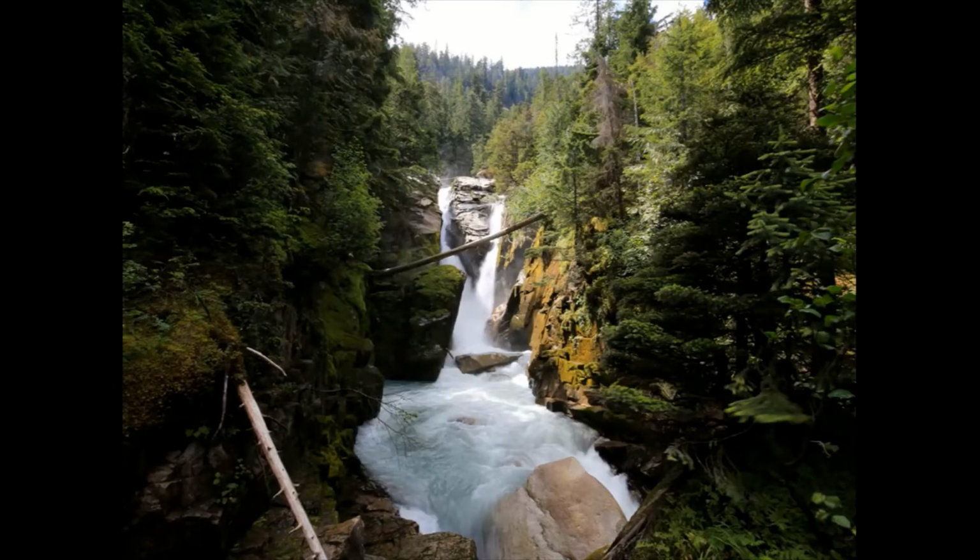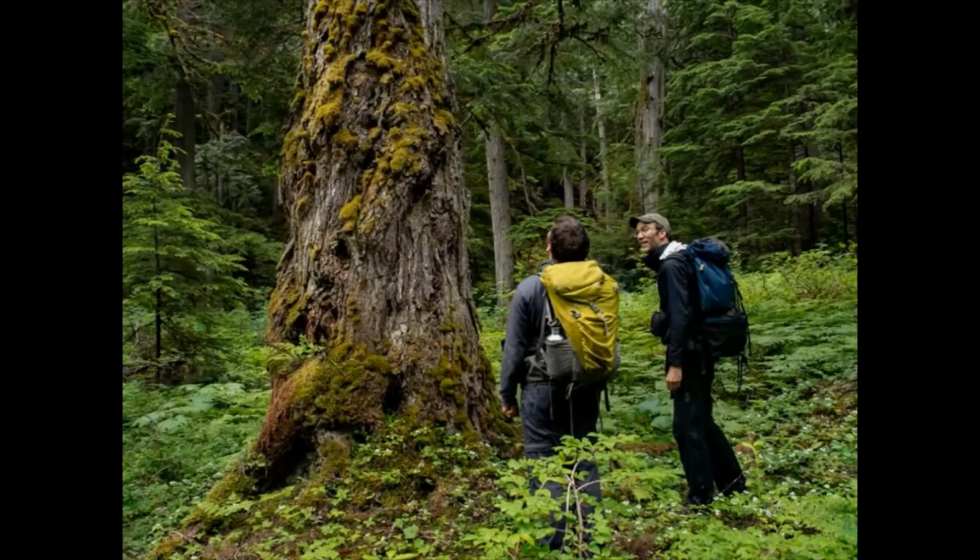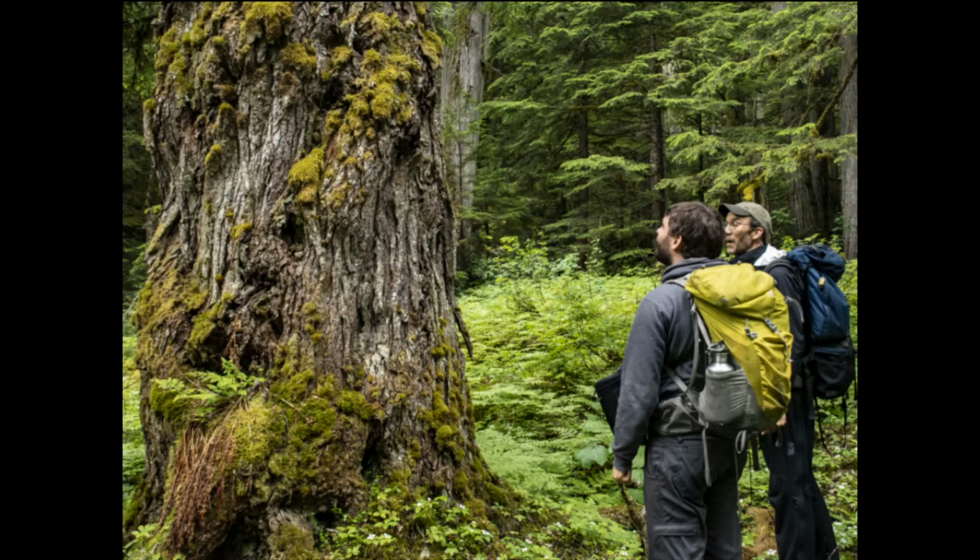And there are also waterfalls with very lush spray zones that are highly biodiverse, sandy beaches on the creek shore, and this very unique forest type called an elfin forest, where these very old hemlock trees are growing in conditions such that they're stunted in their height and somewhat in their diameter, and they have this very characteristic gnarly bark structure. So there was quite an extensive elfin forest in the smaller of the two valleys, and this was also